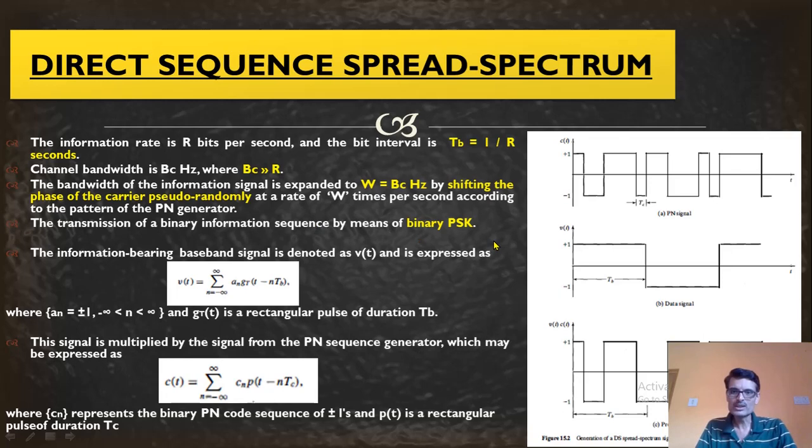So what exactly we are doing here is changing the bandwidth of R hertz into a very large bandwidth of W hertz. How exactly are we doing this? We are shifting between a number of carrier frequencies, and hence the bandwidth is increased to W hertz. This W hertz depends on C of t. This C of t is called chips or the PN signal. It is a pseudo random signal that we generated earlier by using the PN pattern generator.